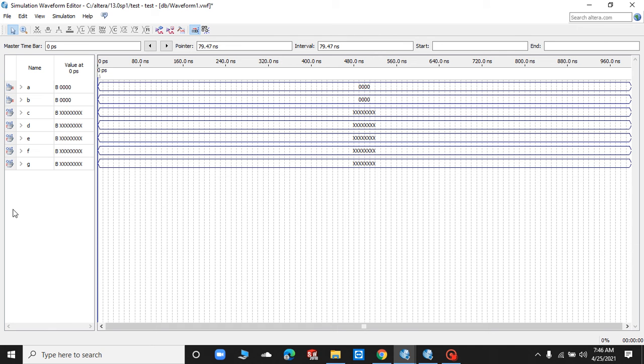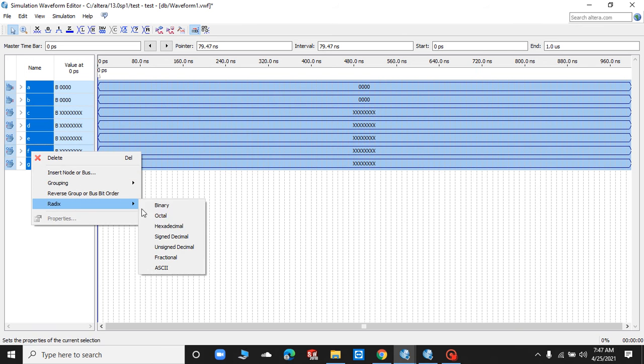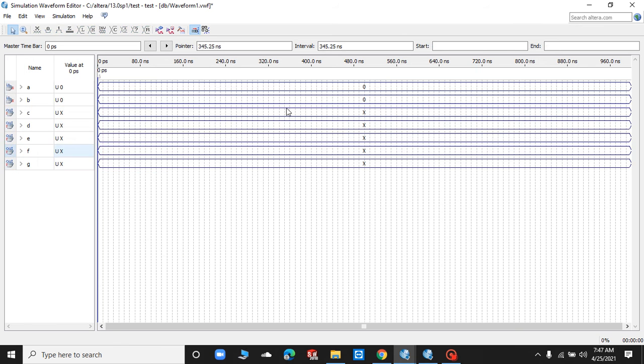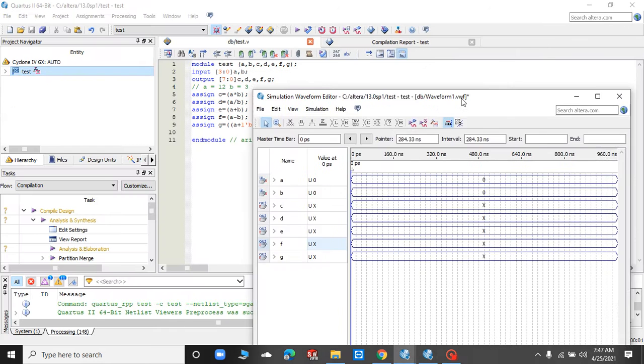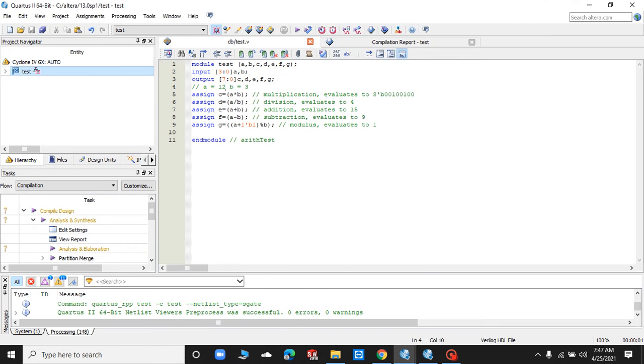If I have to show the output in decimal, for that I have to select all these variables and change the radix to unsigned decimal. So this is now an unsigned decimal. For this, my value of A is 12 and B is 3.